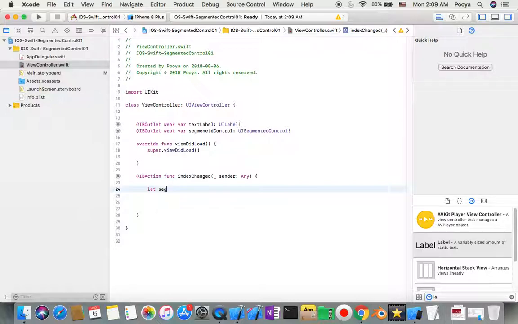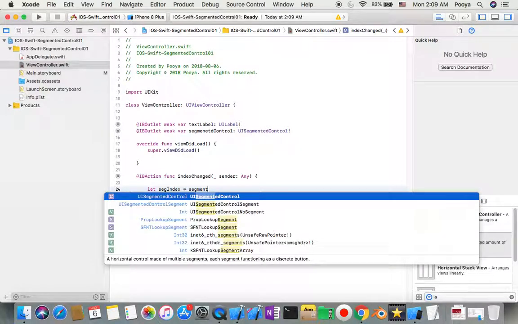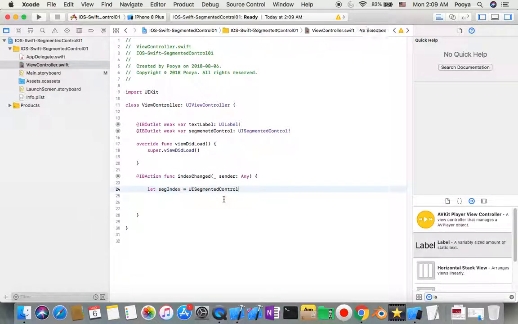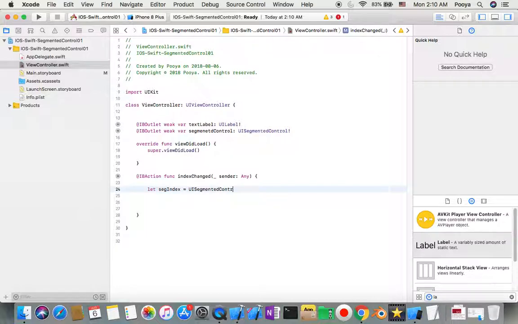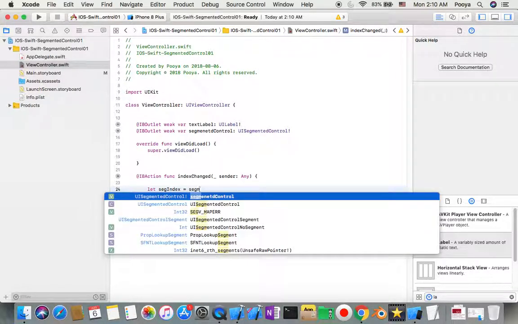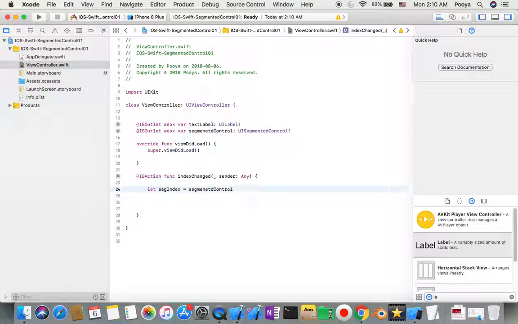So I say segIndex is going to be our segmented control IBOutlet dot selected, not UI, I don't know why I say UI, this one should be segment control dot